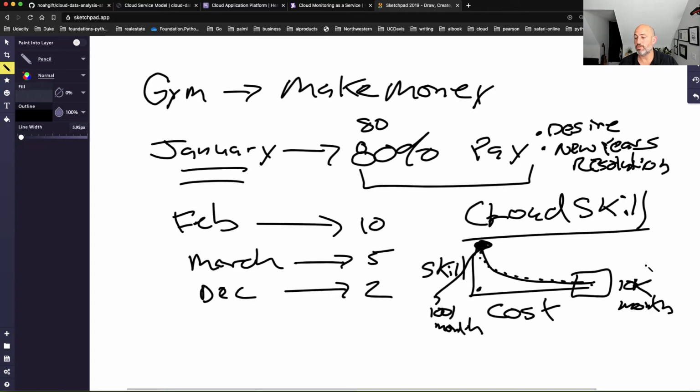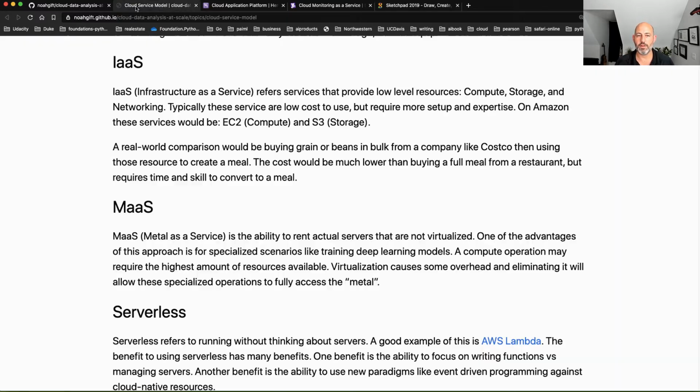It may be the case you do need to do this, but in general, that's what my observation has been with infrastructure as a service, is that it's a lot like the gym, where you have to be very careful, or you're the person that's going to be paying for everybody's gym membership because you didn't go to the gym. And that's why the skill level is very important in terms of cloud computing.